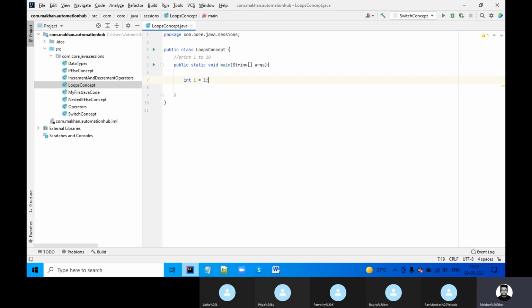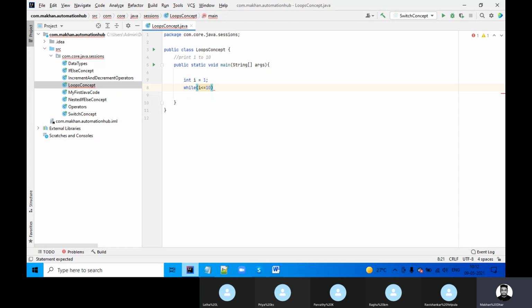The condition is i less than or equal to 10. For printing from 1 to 10, I have to write that syntax.